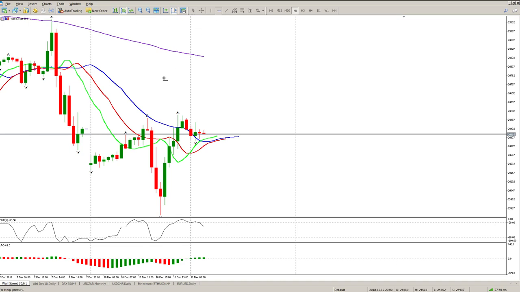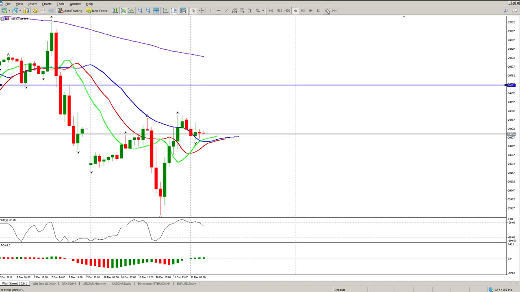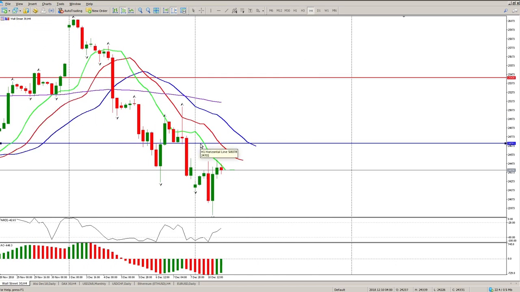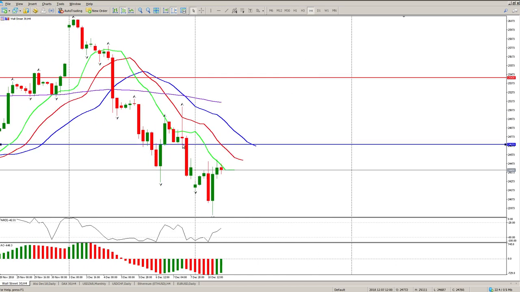And the other thing to bear in mind is on our 4 hour, okay, that is our breakout point here, which we want to retest. So we need 24,688 to be tested. And one way of looking at it,